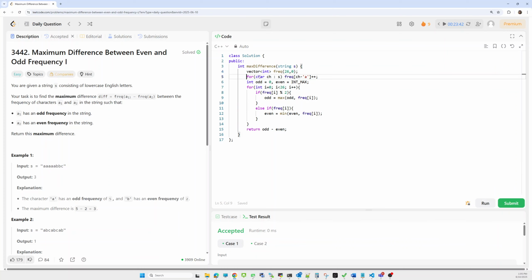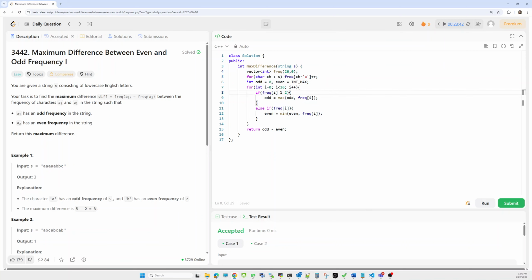Now we have to iterate over the string, means each character in the string, and for each character we have to count the frequency. How are we counting? As we take the array of integers, we count the frequency at each index corresponding to its character. How do we calculate the index? Taking the difference of the current character and 'a' in ASCII format. So it will give me an index. Let's say a minus a will give me 0, b minus a will give me 1. Based on that index we will update the frequency in the frequency array.